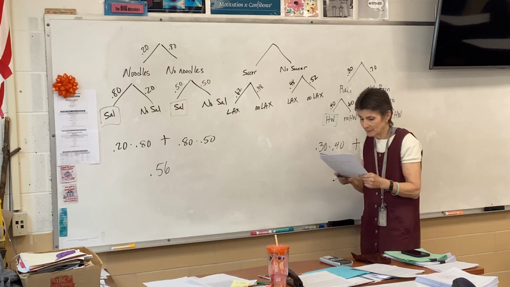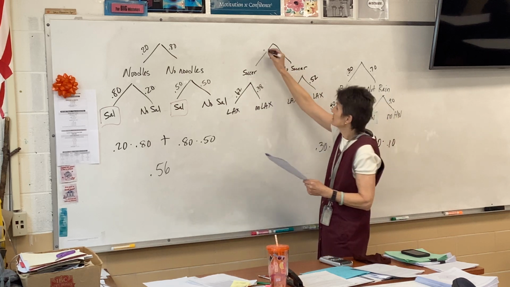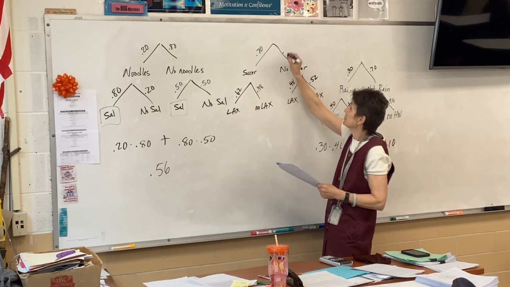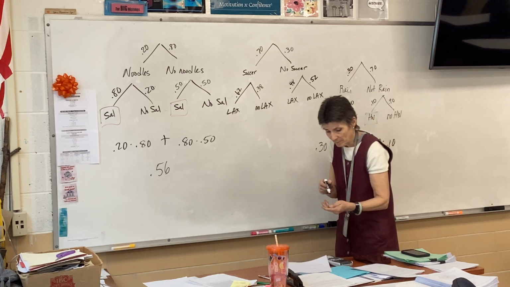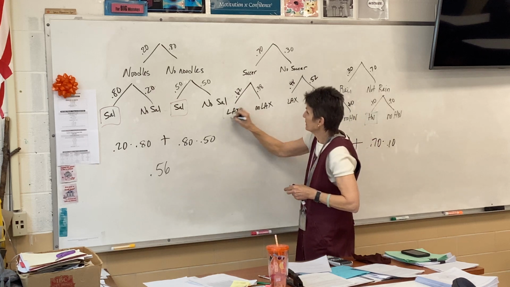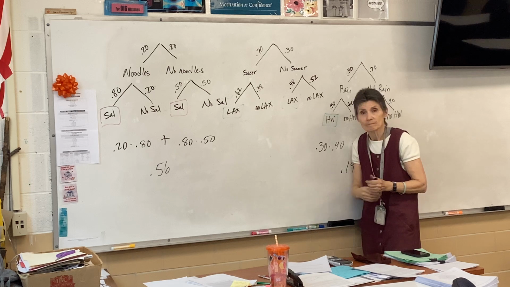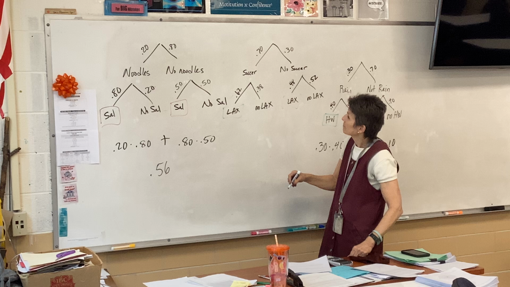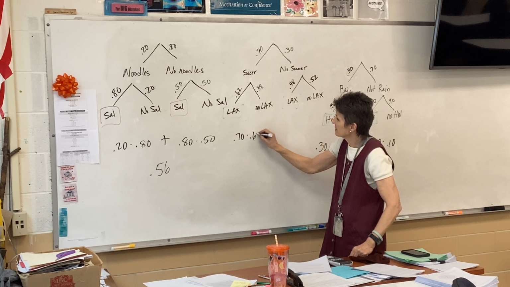If the probability of a student playing soccer is 70%, then the probability he doesn't is 30%. Find the probability of a student playing lacrosse. All right, here we go. Playing lacrosse. 0.70 times 0.62